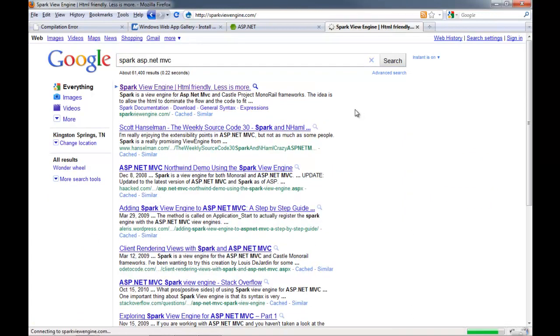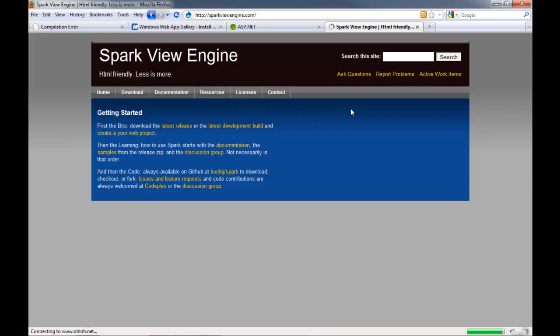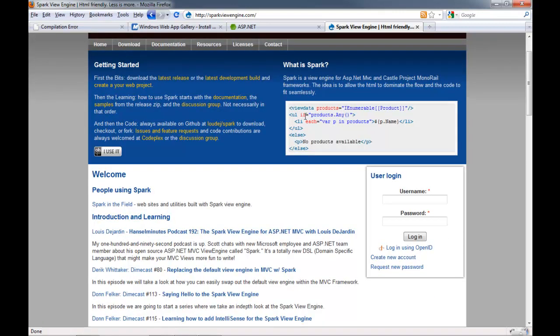So the Spark View Engine. This is a really cool one. Basically, instead of writing those code nuggets like you saw before, you get this really nice syntax where C# gets dumped in at really specific areas. Like, for example, you read this as print this UL if this piece of C# code evaluates to true. Or for each item in this C# expression, print this li with P being inserted for the current item. Nice. And the Spark View Engine, it's really neat.